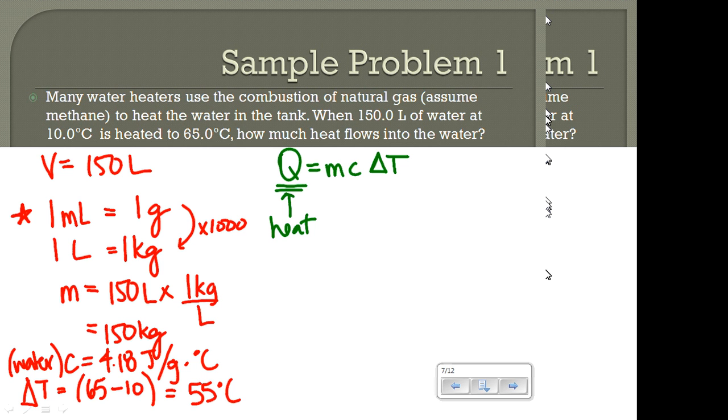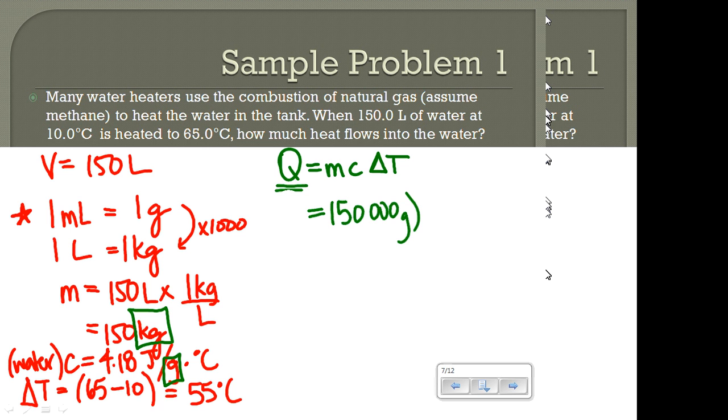The only thing we have to remember is that I gave you a mass in kilograms and I gave you a specific heat capacity that is grams. So you have to make sure your units are consistent. So when I plug in for my mass, I'm going to just erase that. When I plug in for my mass, I'm going to want to do it in grams. So I'm going to call it